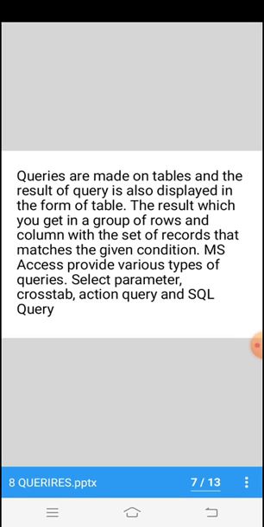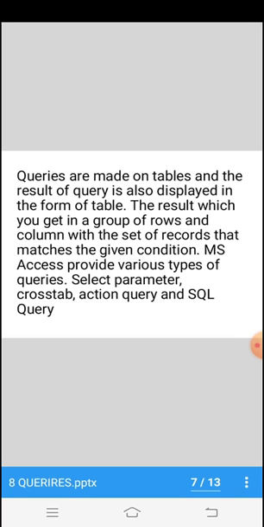As I have told you earlier, a database consists of tables, and queries are made on tables. We have to set up the queries on tables to get the result, and that result is also saved in a query table.